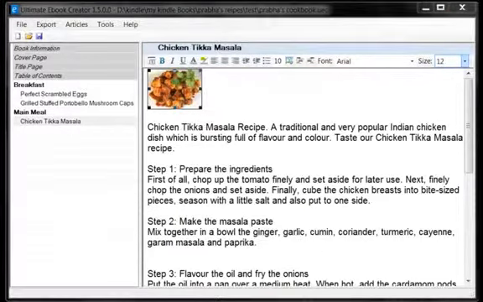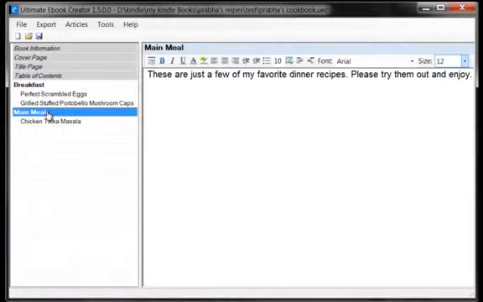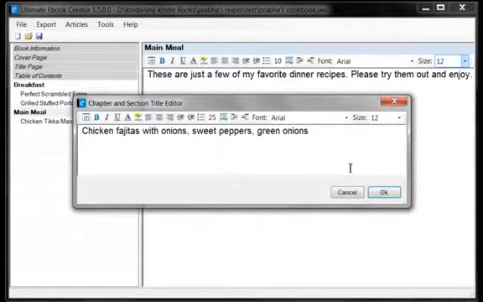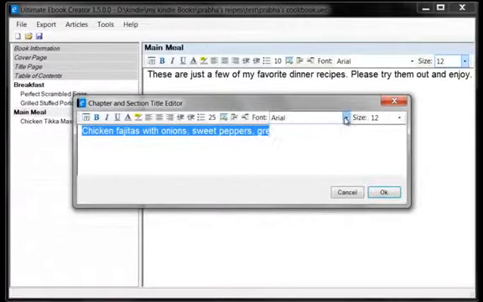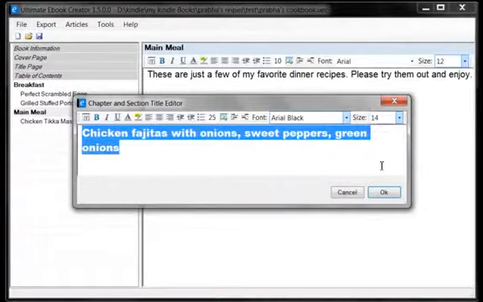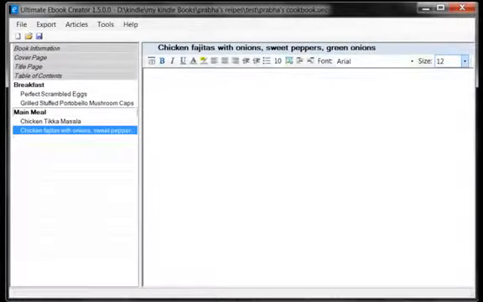The next recipe is going to be chicken fajitas with onions, sweet pepper, green onions. Okay, let me see if I can find that. Oh yeah. So we'll create another section. Now another way to create a section is to click on the main meal and then just say add section. And that will actually add a section right under the last section within that chapter. Okay, so that is done. Click OK, and